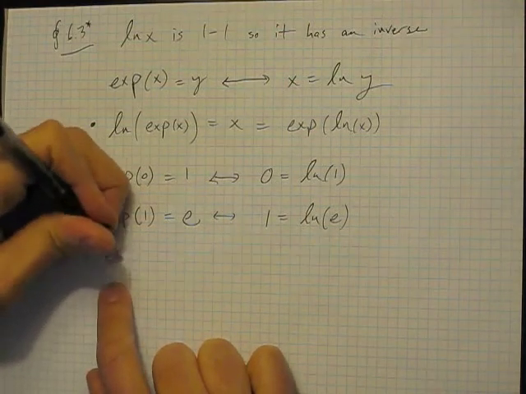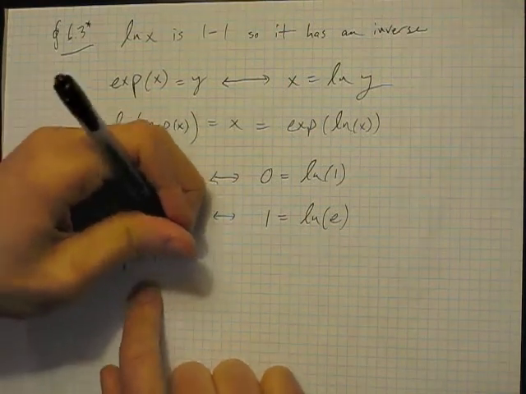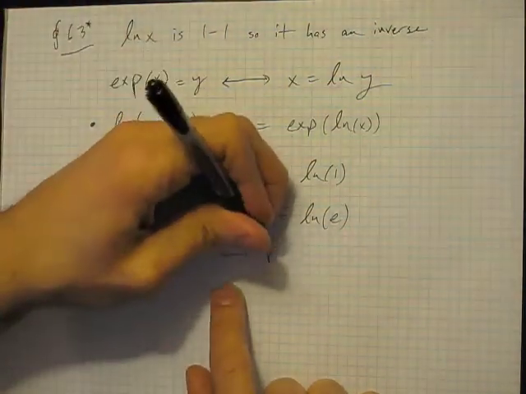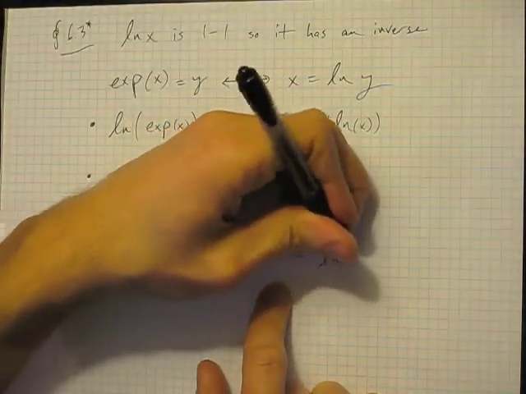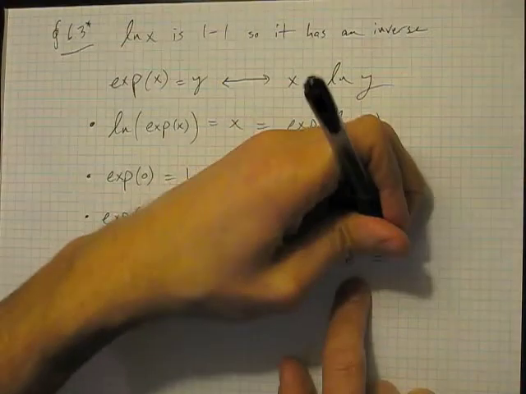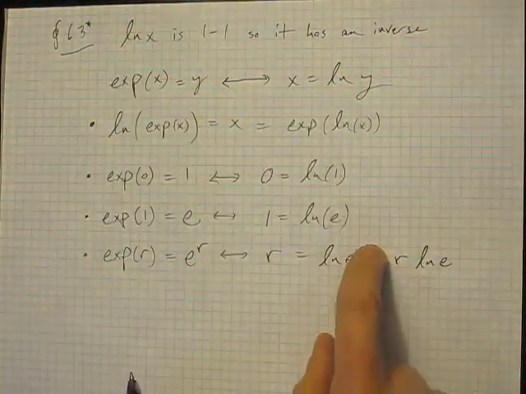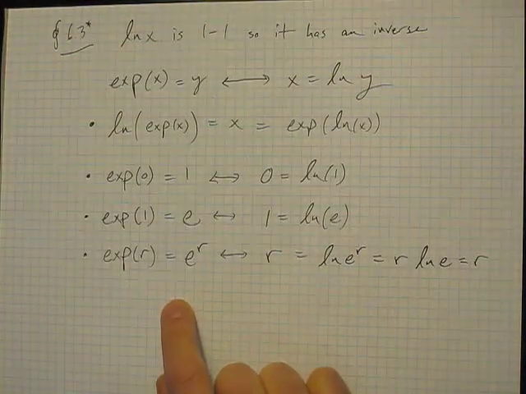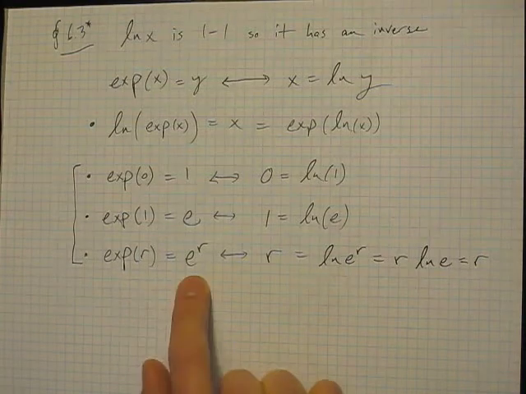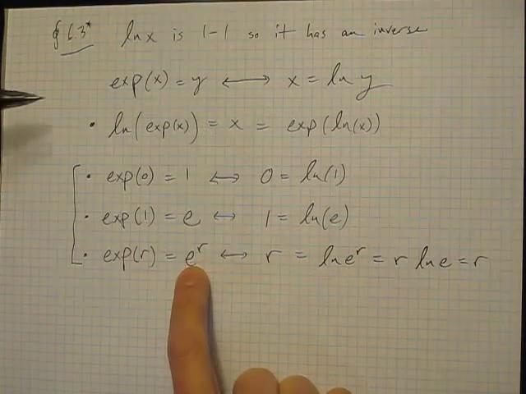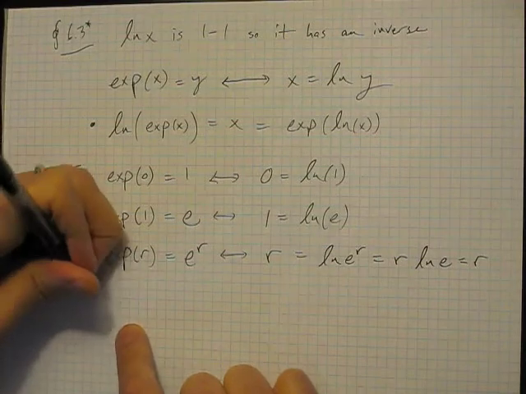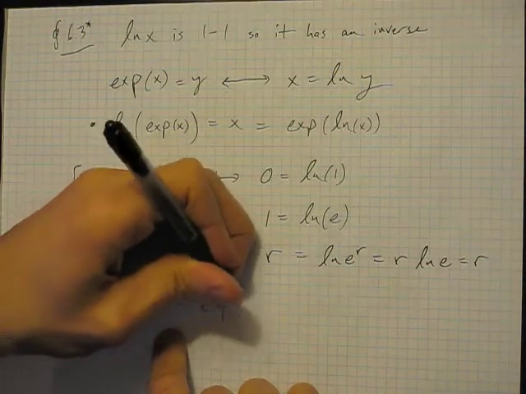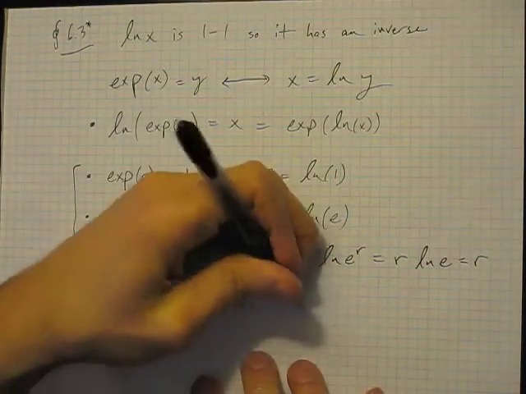Another property we get is that the exponential of any number r is e to the r. Okay, and this is because, well, if you take a look, r here is equal to the log of e to the r, which we get just from bringing the r down as a power in front of the log, and this is r. Okay, so we have these properties right here. In fact, these properties make it seem like e and the exponential function are pretty heavily related, and so we make our definition here that e to the x is just equal to the exponential function of x, and this is for all